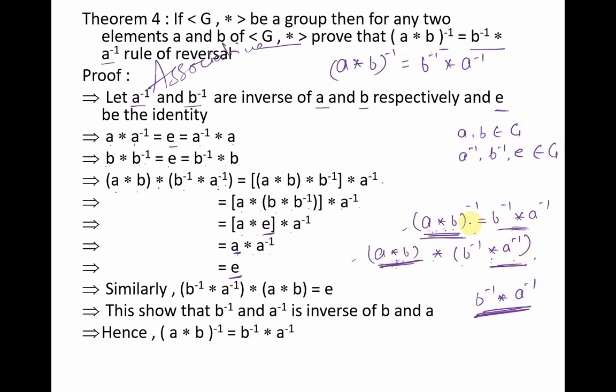Right? Now I have showcased that this is the right inverse. Now I can also showcase this being the left inverse. I do not know whether it is a commutative group or not, so I can also showcase it being the left inverse. I'll write B inverse star A inverse star A star B. So, once again by associativity, both these will come together, it will be equal to B inverse star E star B. This will be equal to B inverse star B, that will be equal to E. So once again, this is both the left inverse as well as the right inverse. So I can say that (A star B) inverse is equal to B inverse star A inverse.